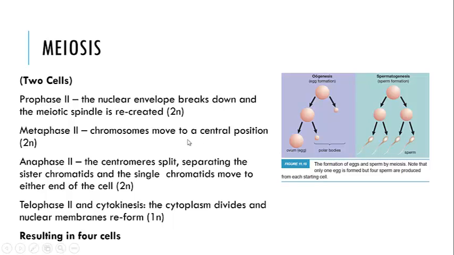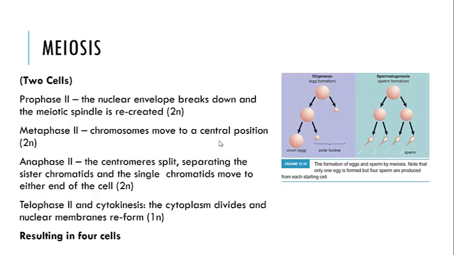So the process of doing that for this round along here is prophase 2: the nuclear envelope breaks down and the meiotic spindle is recreated. We're still at 2N. Metaphase 2, we have our chromosomes which move to a central position. So again, that metaphase, that lock on. Anaphase 2, the centromeres split, separating the sister chromatids, and the single chromatids move to either end of the